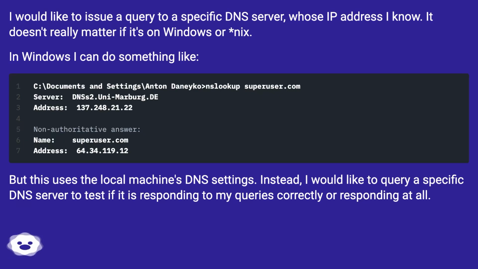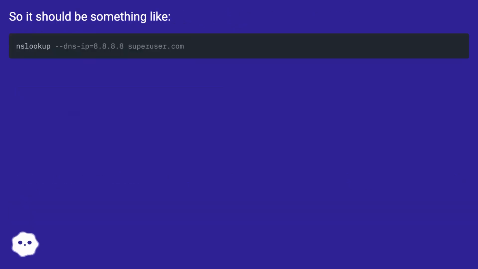but this uses the local machine's DNS settings. Instead, I would like to query a specific DNS server to test if it is responding to my queries correctly, or responding at all. So it should be something like